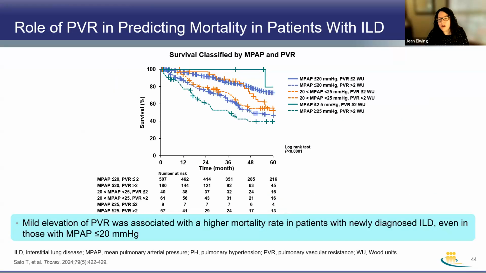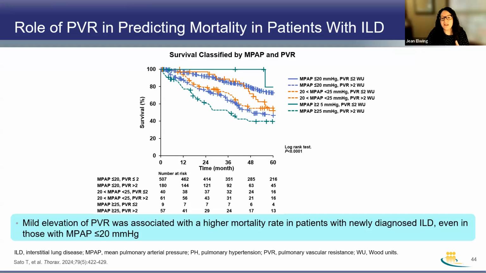But what about PVR? We talk about pulmonary vascular resistance. It's a window into the severity of the pulmonary vasculopathy. And just like other forms of pulmonary hypertension, in ILD-PH, higher PVR portends a poor prognosis. And interestingly, in a publication from 2024 in Thorax by Sato, they showed that patients, even when they had mean PA